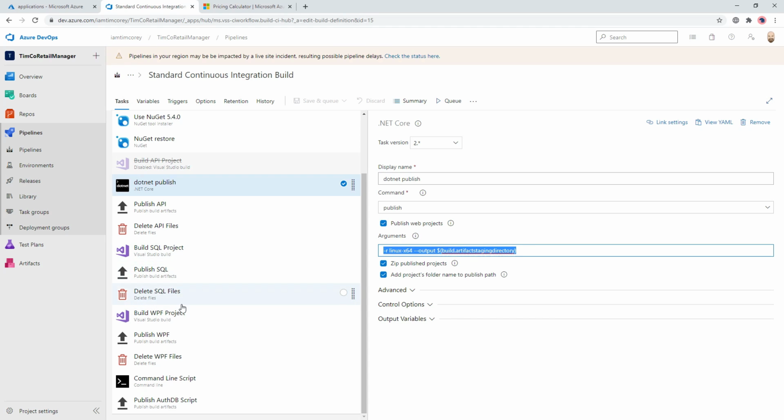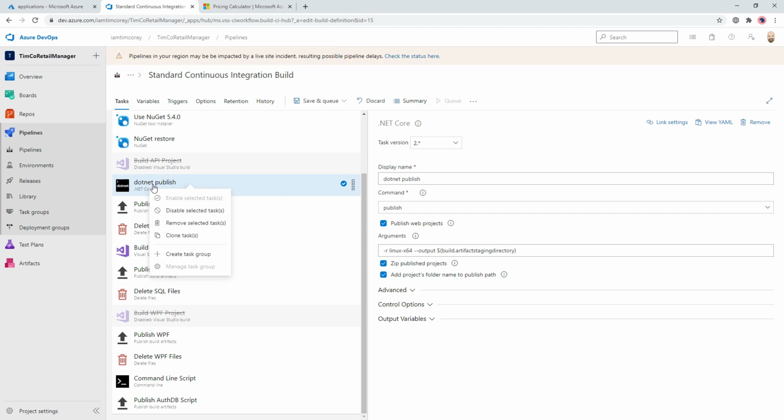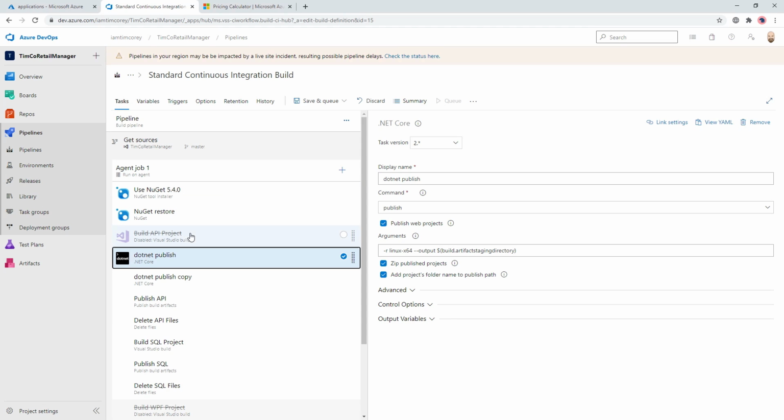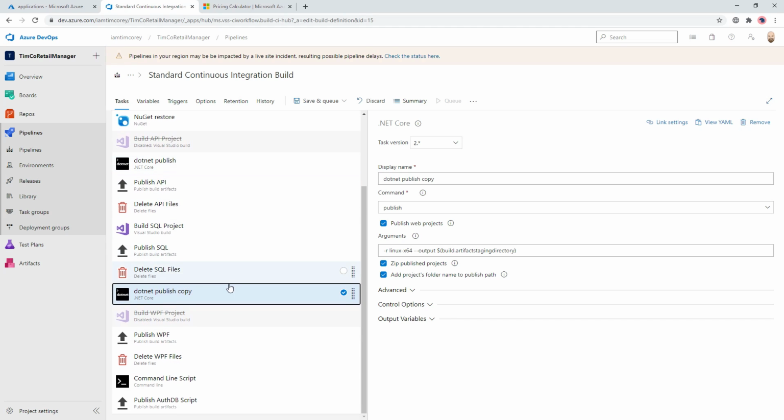So what I'm going to do is disable this task. I'm disabling instead of deleting because I want to make sure that I can get back to that if I mess something up. I'll delete this after it works. I'm going to right click on this .NET Publish and say clone. And this copy right here, I'm going to move this down to where my WPF project is. Instead of saying .NET Publish copy, we're going to say